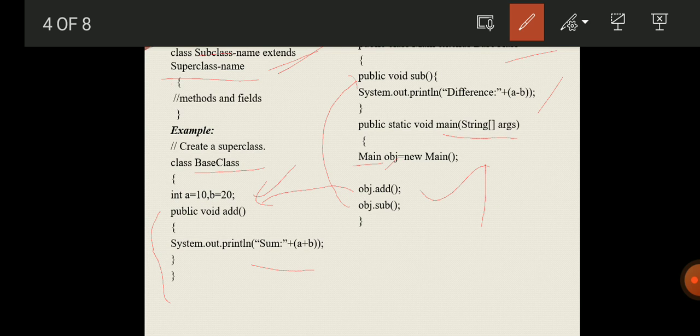The values a equal to 10 and b equal to 20 are taken from the base class, and it finds the difference. So this is what is called the inheritance concept in Java.